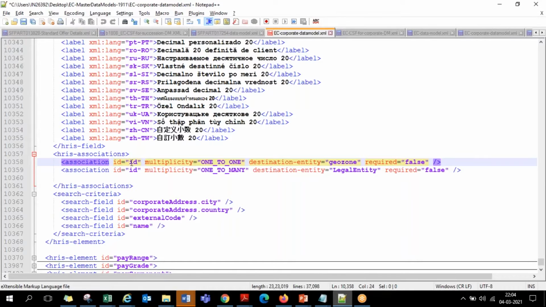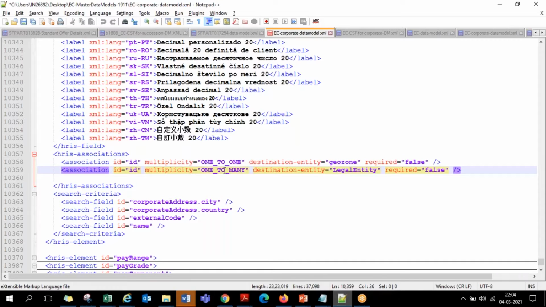Instead of name, they call it ID. This ID is also given only for syntactical purposes. Even if you repeat the same ID multiple times, it doesn't throw any error. It is just maintained for syntax, and the system will not do any validation on it. So there are two associations defined here, both with the same ID, and that is no problem.